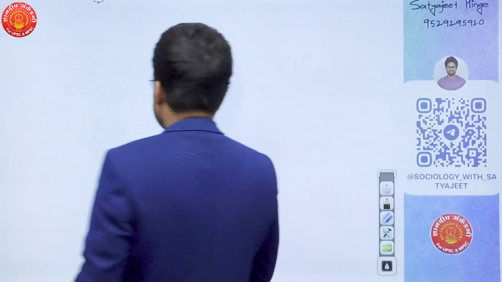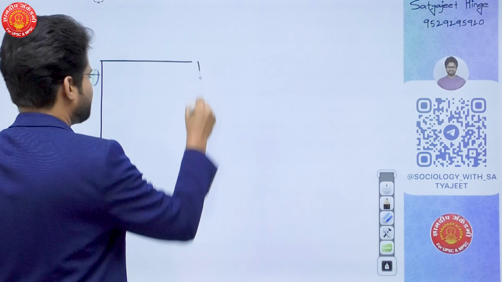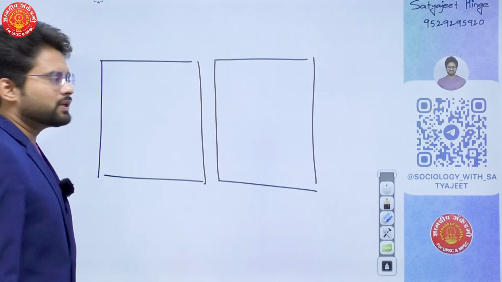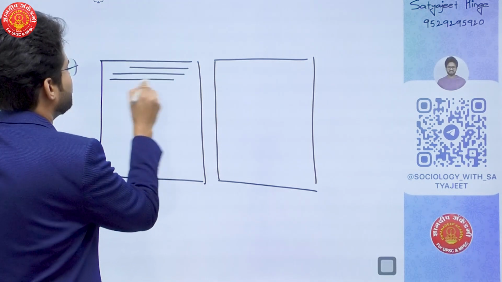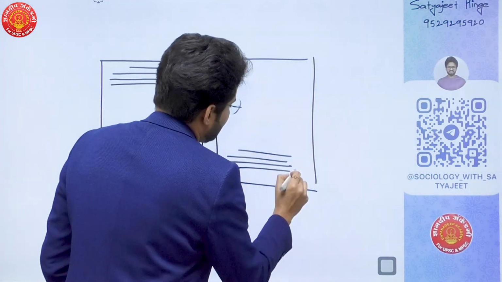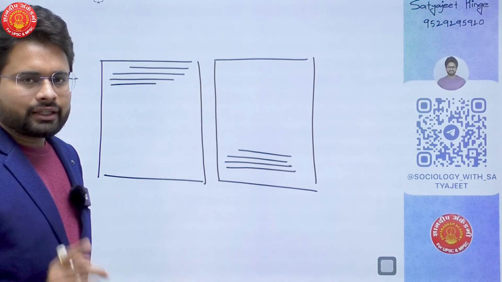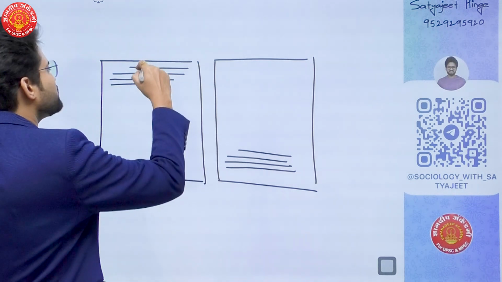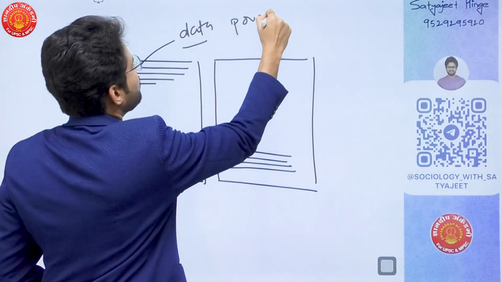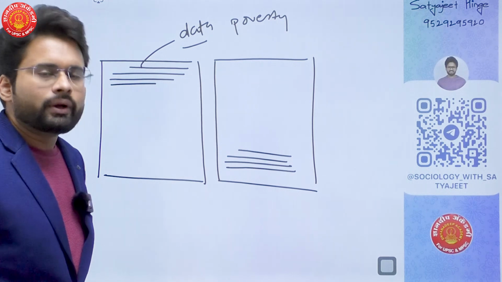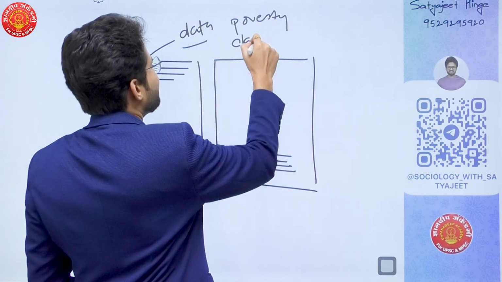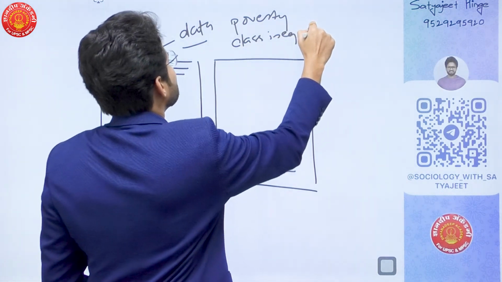This question is for 10 marks, and we have two blank pages to write these 10-mark questions. If you structure this question, you can invest 3 or 4 lines for the introduction, and likewise 3 or 4 lines for the conclusion. As this question is about COVID-19, class inequalities and poverty, you may mention a few data points if you have them: poverty before COVID-19 and poverty after COVID-19. Or if you have data about class inequalities, you can mention that.